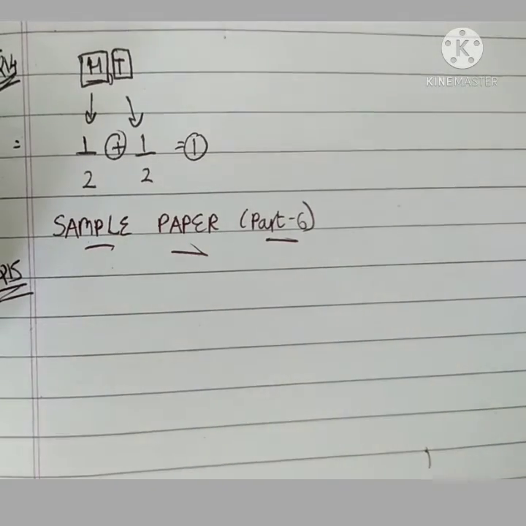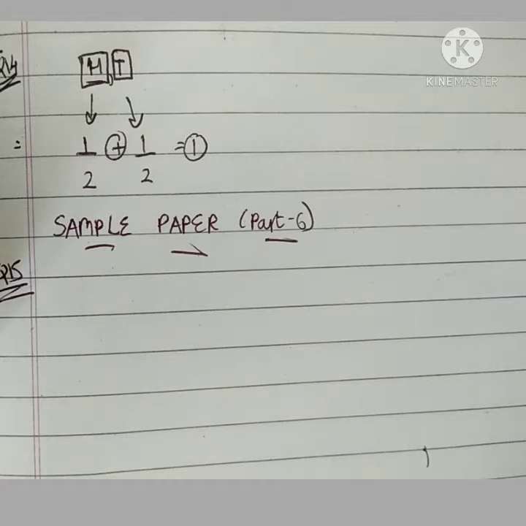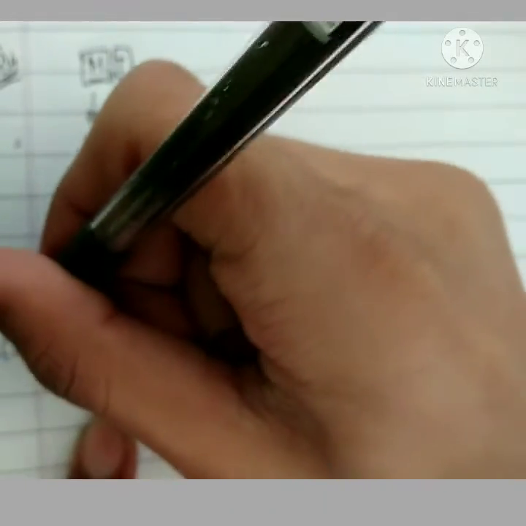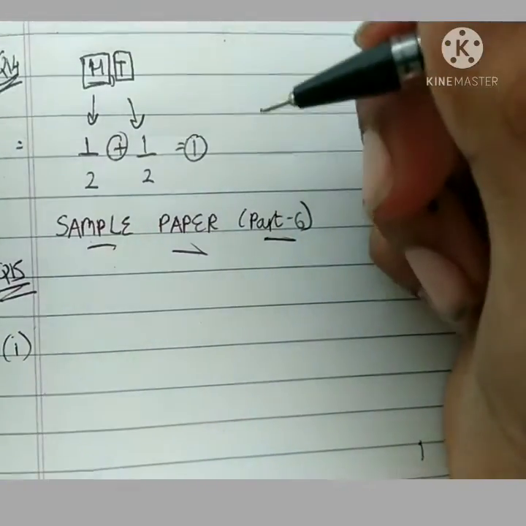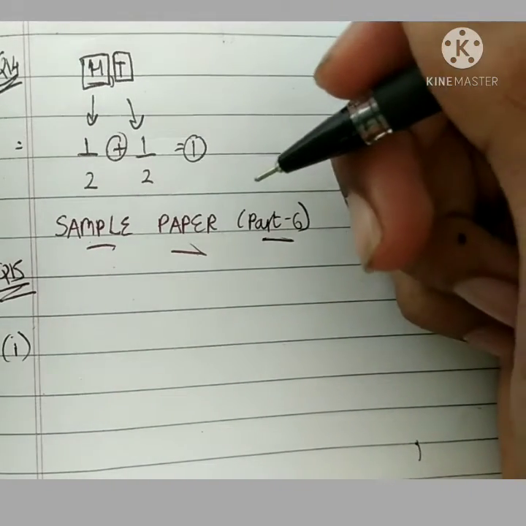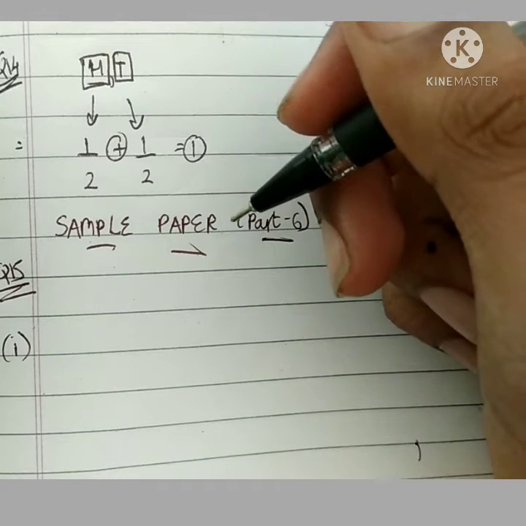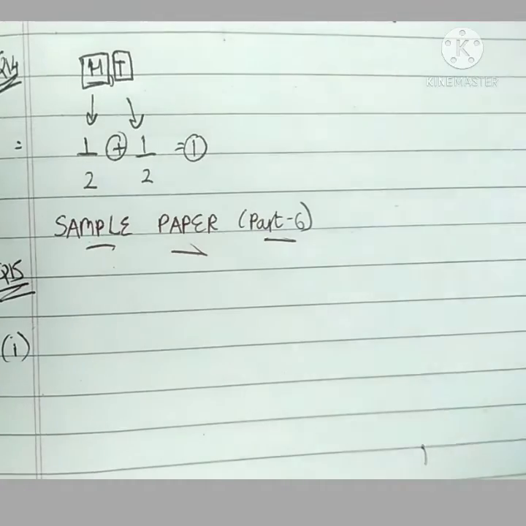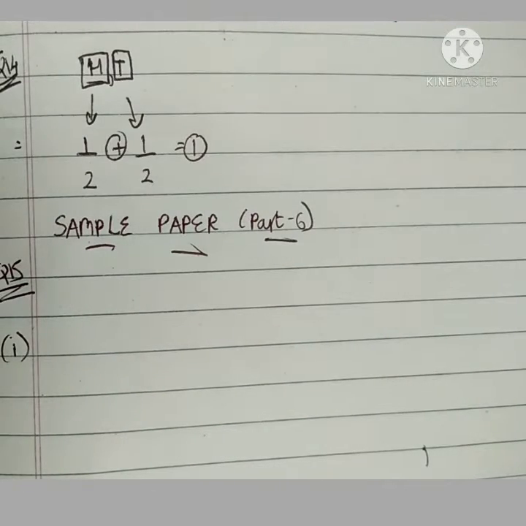Okay, so now we are going to start question number 15. This is the question of case studies. So I'm not reading the whole paragraph, we are just starting on the question. Let's see what the first question says. It says, how much cloth material will be required to cover two big domes of each of radius 2.5 meters?